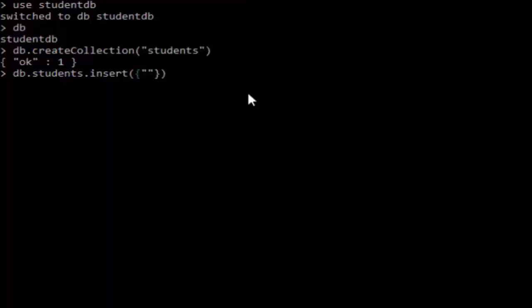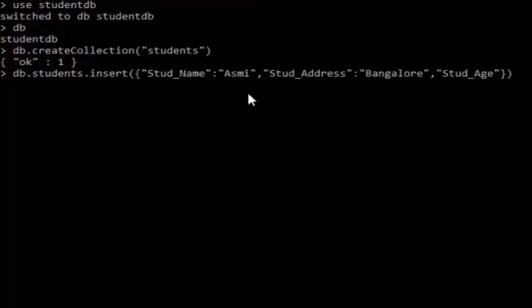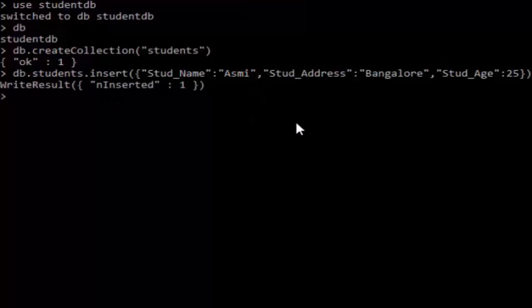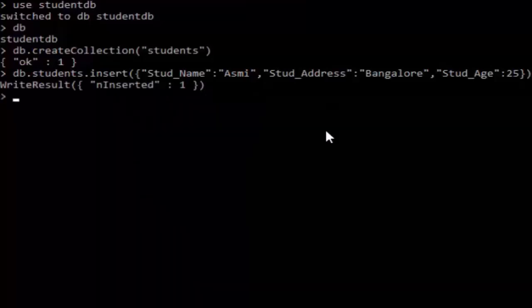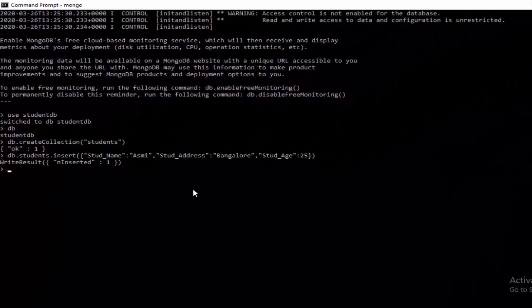For the student name I'll give the value and I'll write the rest of the data as well. The last field I'm specifying is student age, and I'll hit enter. As you can see, the document is inserted successfully in the students collection. So this is the way we have inserted only a single document.